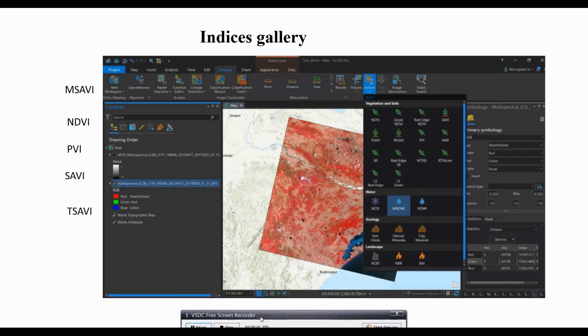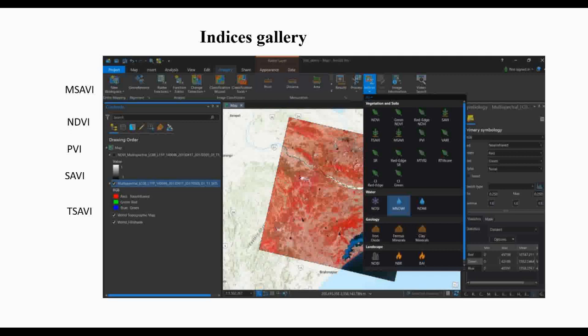Okay everyone, today we are going to present the image indices gallery of ArcGIS Pro, and I hope it will be a very interesting lecture for everyone, because today we are going to show you there is a direct kind of image enhancement and targeting you can do using this indices gallery in ArcGIS Pro. So I hope it will be a very interesting lecture. Please stay with me, and I am going to explain how we are going to do all this kind of image targeting.